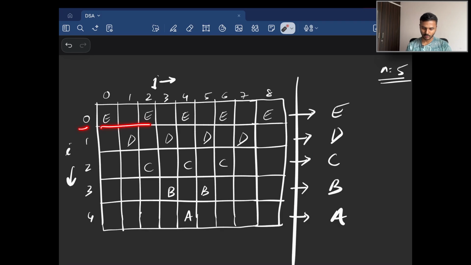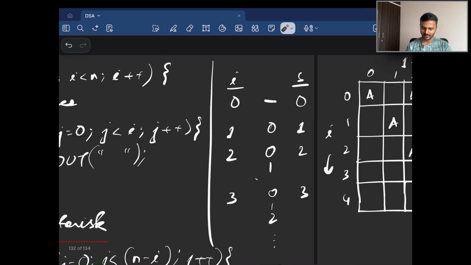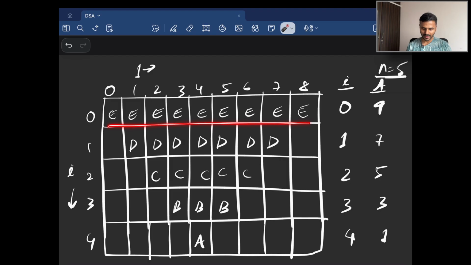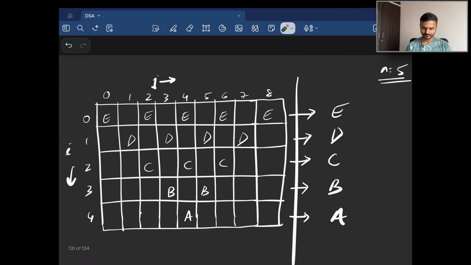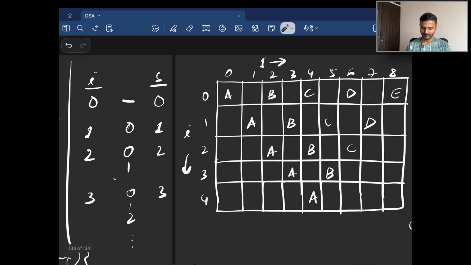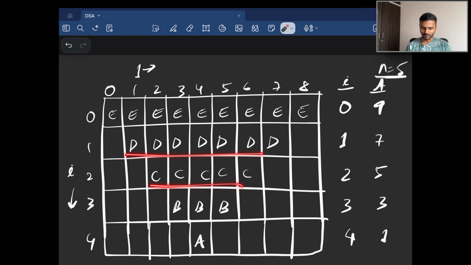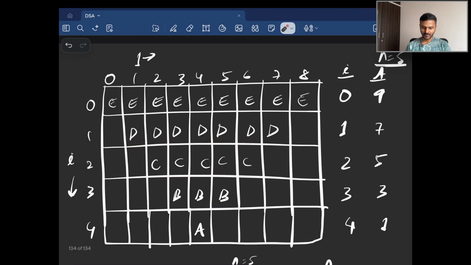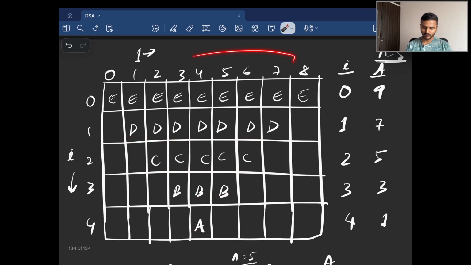that when I is 0, we were printing E, right? Which is what we are doing here as well. And for I1, we were printing D, I2, C, then B, and then for last row, A, which is exactly what we are doing over here, right? So what I'm saying is we can use the discussion from the previous question to determine the number of times